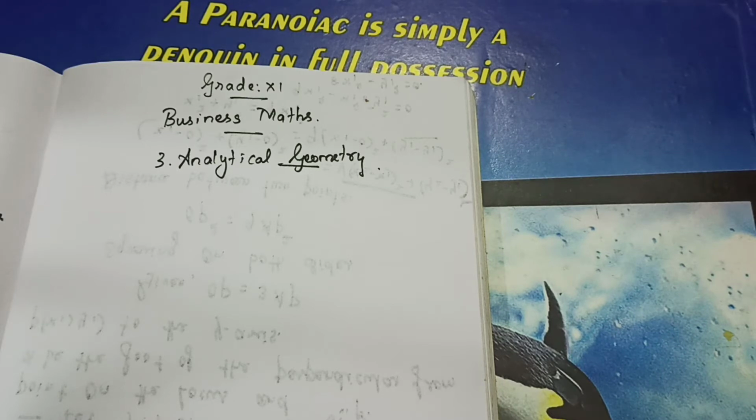We are learning our third chapter, analytical geometry. So we are doing 3.2 exercise now. That is example 3.10 we have completed. So in our last class I asked you to write something in your note, combined equation, angle between everything. I hope all of you wrote everything in your note and completed up to example 3.10. So today we will start from 3.11.